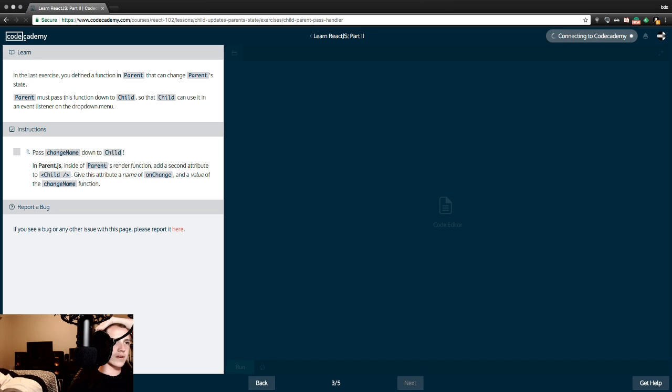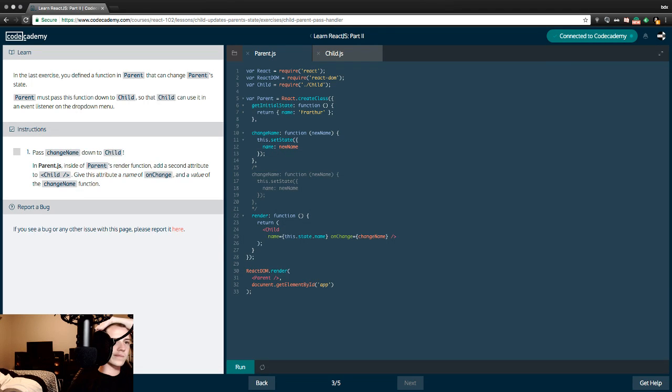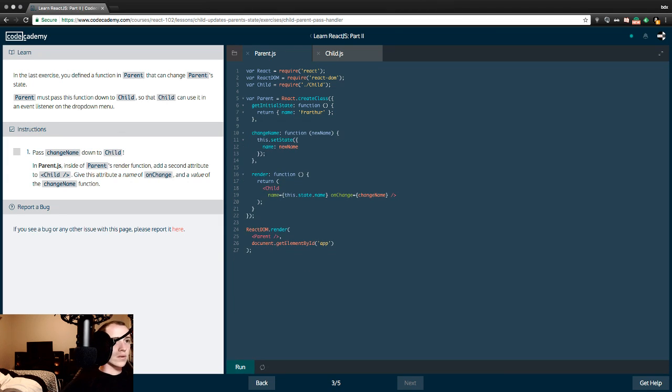I must be missing something. Maybe it's change name in quotes. Maybe it's the double curly braces. We'll never know. The last thing is get rid of what I typed in and just leave the example from the last exercise,